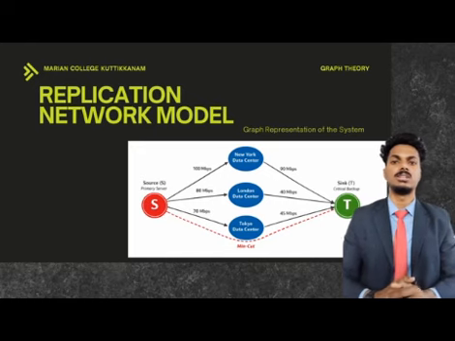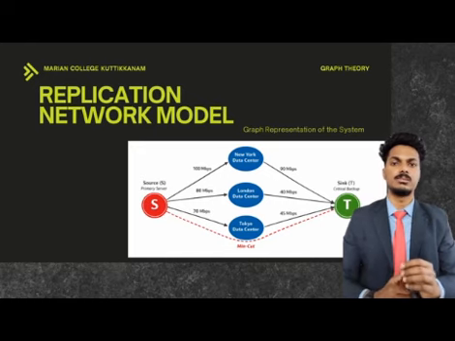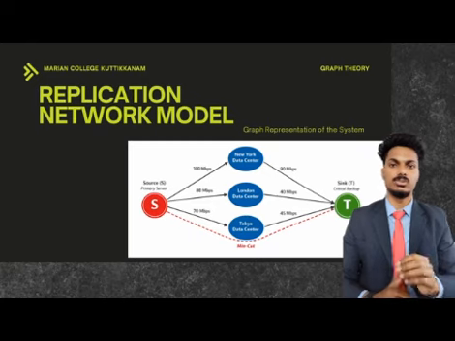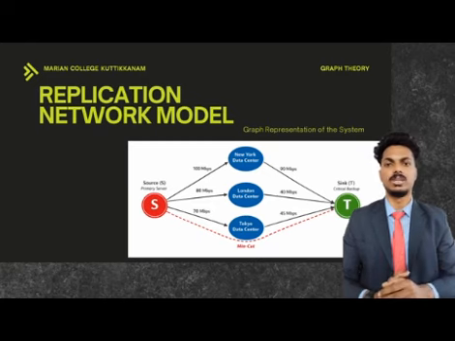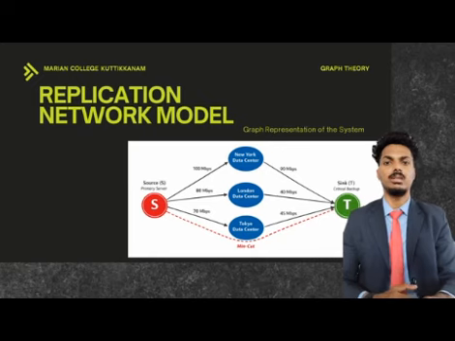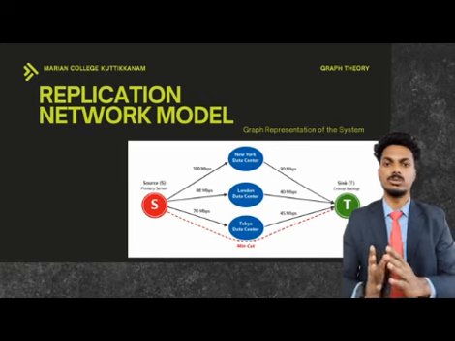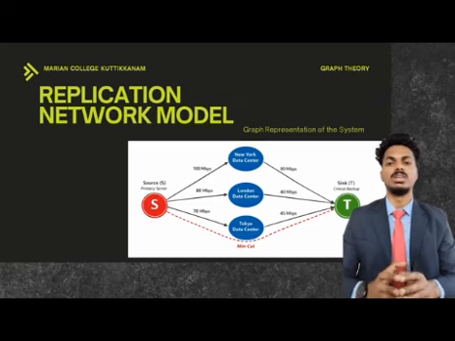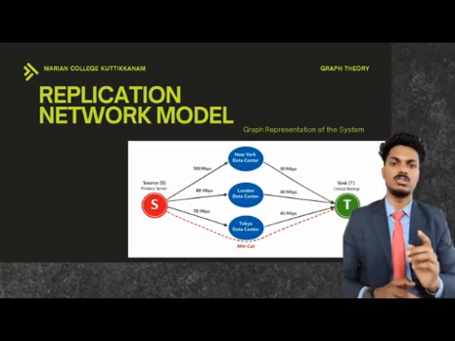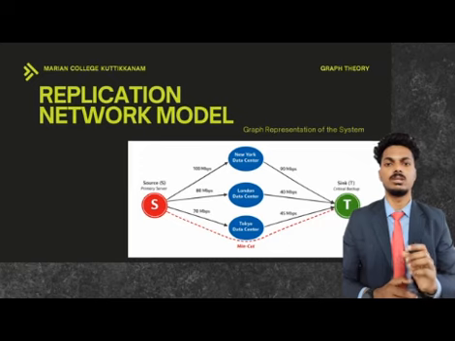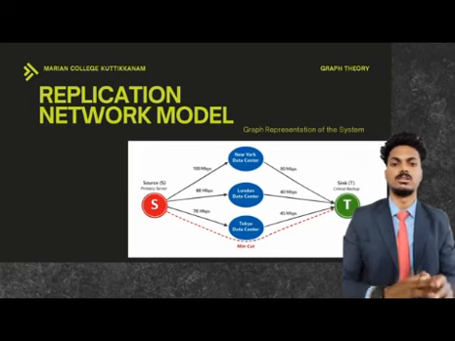And this diagram models a distributed replication system as a flow network. The source S represents the primary server where data originates. The sink T represents the final backup or consistency point. The intermediate nodes represent data centers such as New York, London, and Tokyo. Each arrow shows a network link with a fixed bandwidth capacity in Mbps, that is, megabits per second.